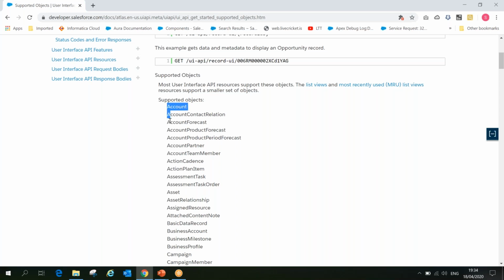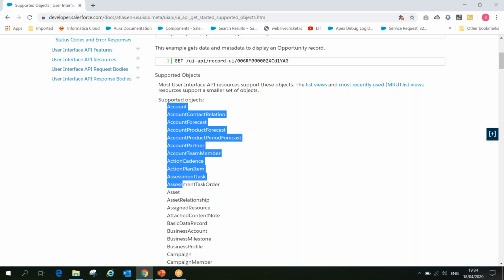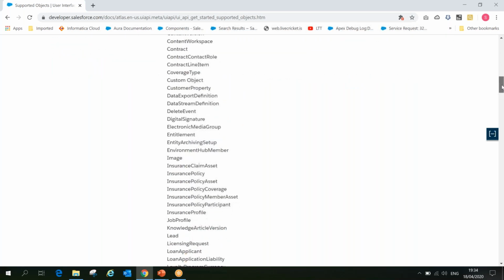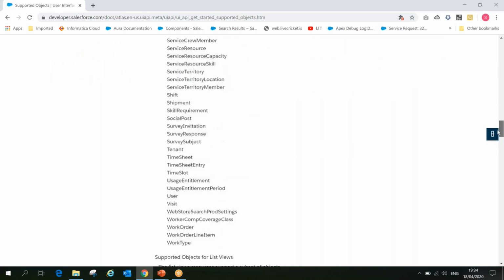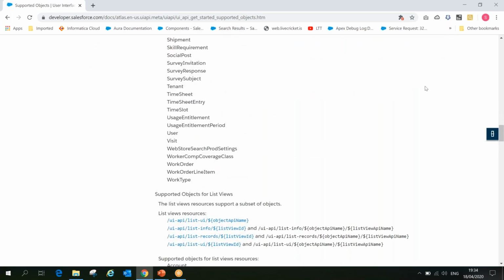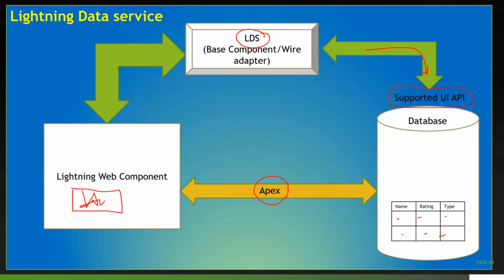There are a few objects, like task and event, which don't support the user interface API. That data cannot be accessed through LDS. So if any object is supported by the user interface API, I can access that object's data through the LDS service.